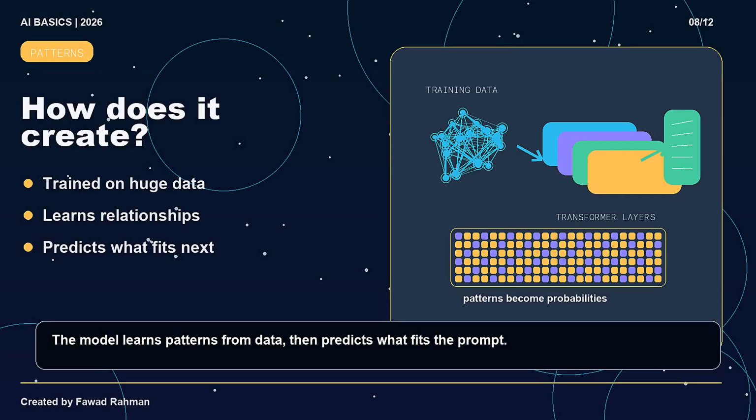Now the big question: how does generative AI create things? The simple answer is patterns. Generative AI models are trained on very large amounts of data. For text, they learn patterns from language. For images, they learn relationships between words and visuals. For music, they learn rhythm, melody, structure, and style. When you give a prompt, the model predicts what should come next or what should appear based on those learned